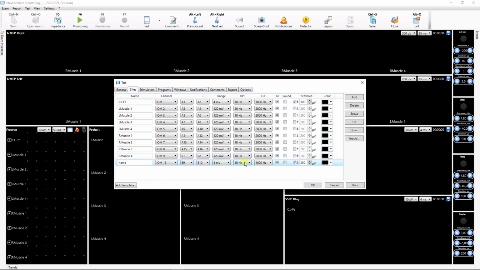Now we proceed with filter settings. The first filter is high-pass filter, or HPF. This filter passes frequencies higher than the specified cutoff frequency and cuts frequencies that are lower than the set value. The higher the cutoff frequency, the more stable is the trace isoline, though low frequency components of responses can be